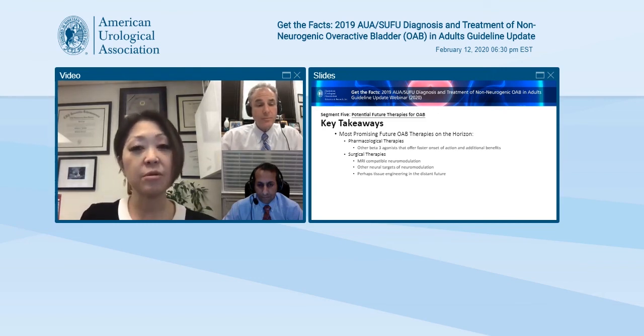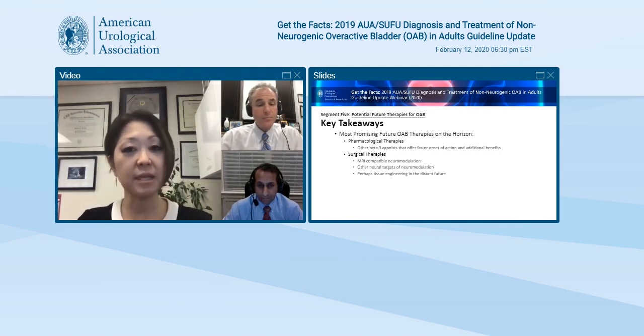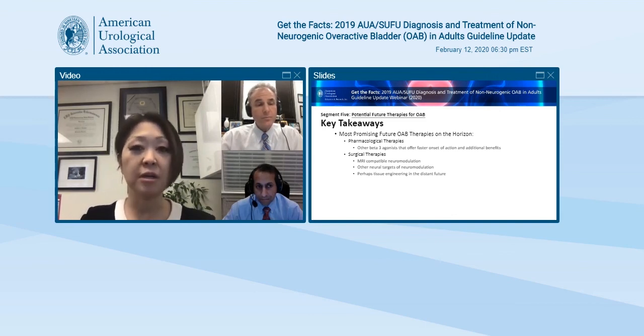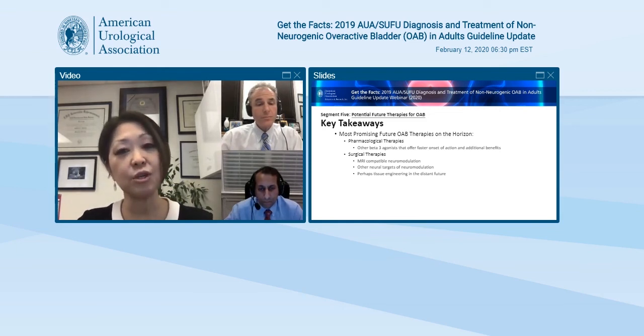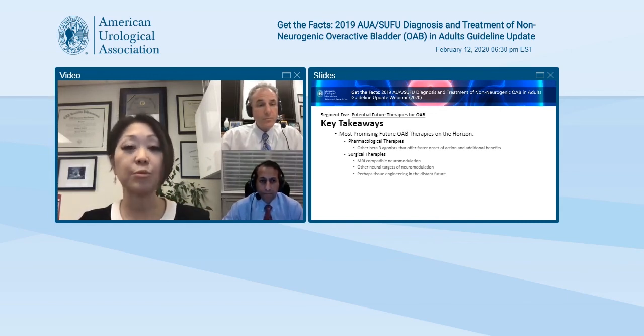The other thing is there are several novel neural targets that are being looked at right now by several groups, and I think that might change things. The rechargeable potential might change the playing field for some patients. Some patients may prefer a rechargeable battery versus one that you have to come back and change every 5 to 7 years. And lastly, I think potentially, again, this is in the distant future, is potentially some tissue engineering, some scaffolding, creating some new tissue that can be utilized to perhaps augment the bladder or replace the bladder in those patients who have problems with overactive bladder.